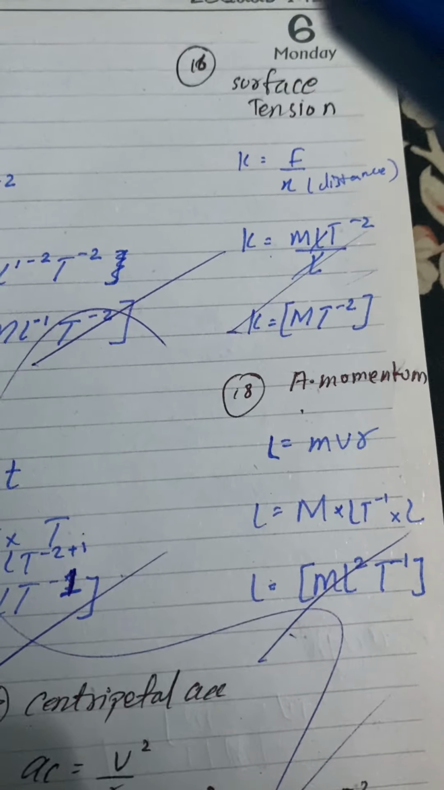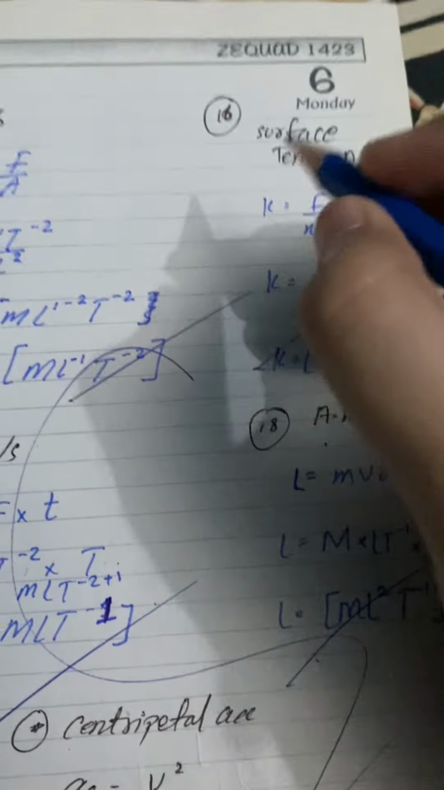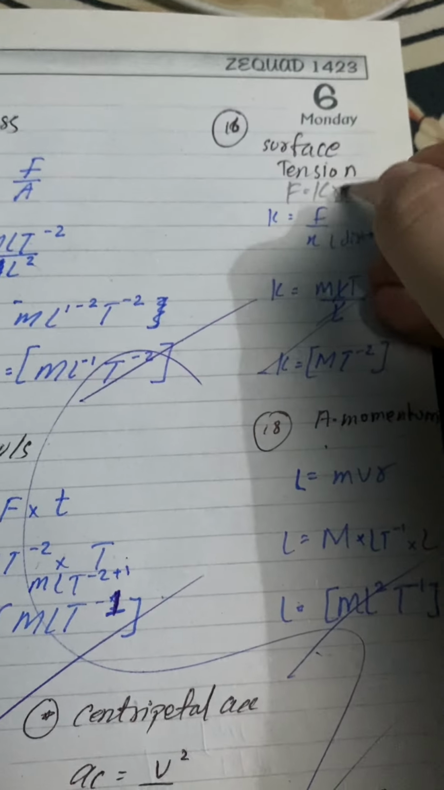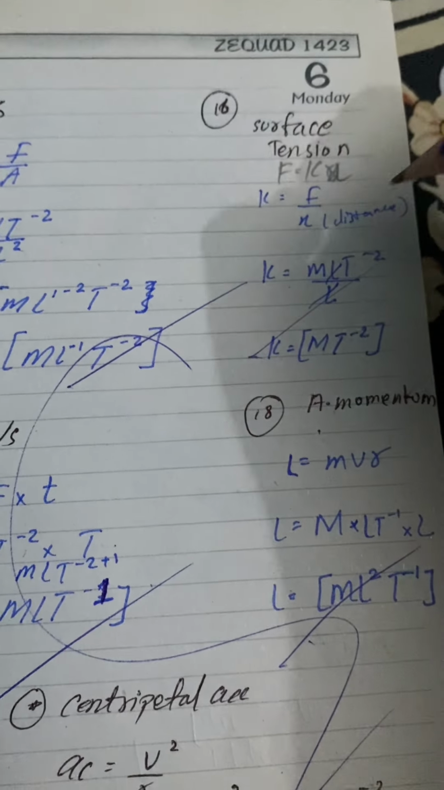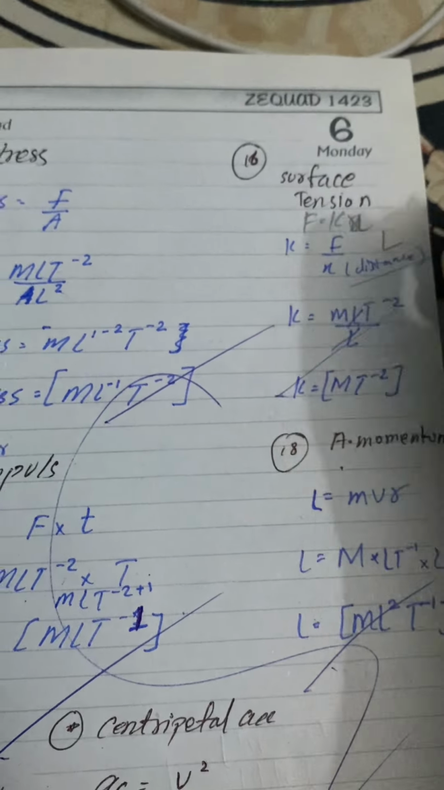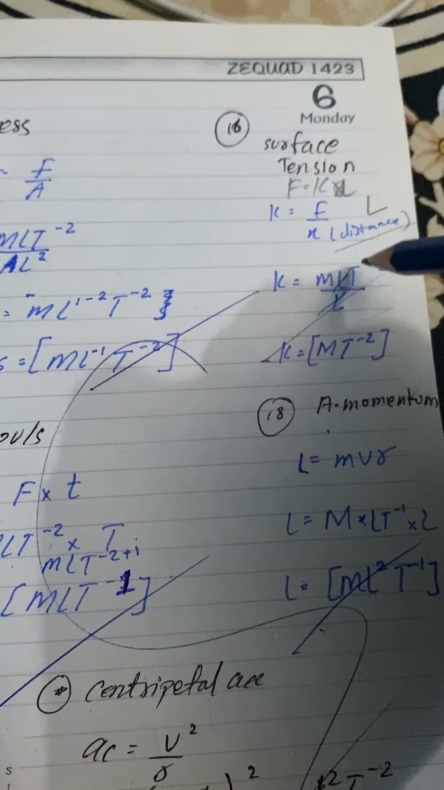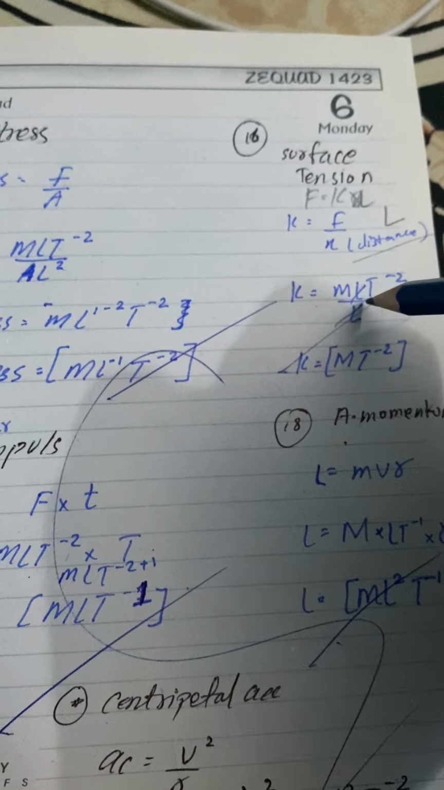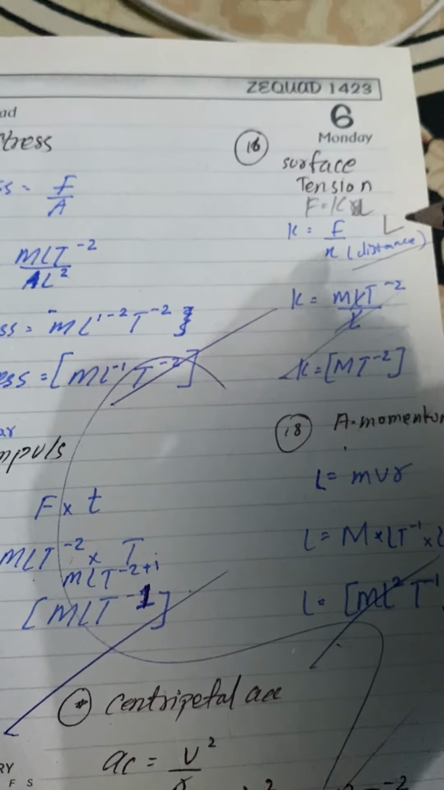Now surface tension. The formula of surface tension is F is equal to Kx. As we have to find the K constant, K is equal to F upon x. x is denoted by distance, and we will denote it by capital L. So K is equal to the dimension of force, which we will put here, and distance is denoted by capital L. This L will be divided by L, cancellation, and